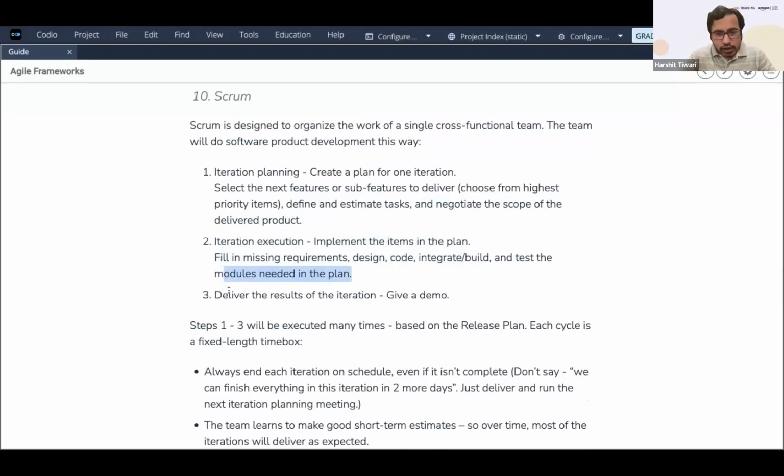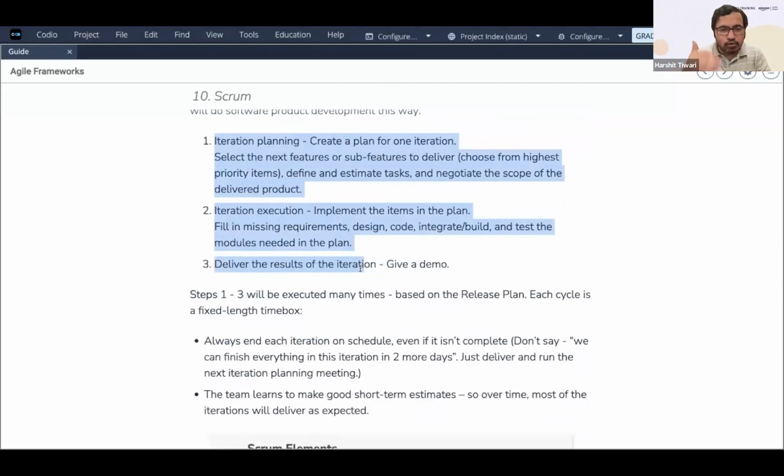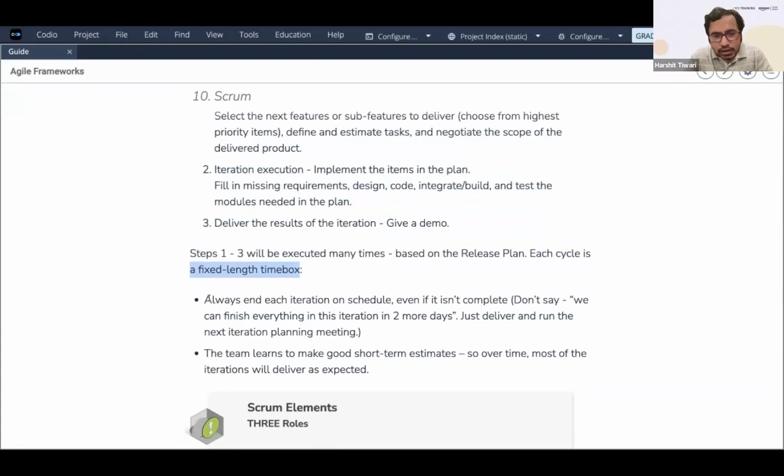You deliver the results of the iteration and give a demo. This is the first iteration. You give a demo. Then steps 1 to 3 will be executed many times. So this is the iteration: you do step 1, step 2, step 3, and then you repeat. Based on the release plan, each cycle is of a fixed length time box. I told you, we have a time box, that is known as a sprint. Always end each iteration on the schedule,